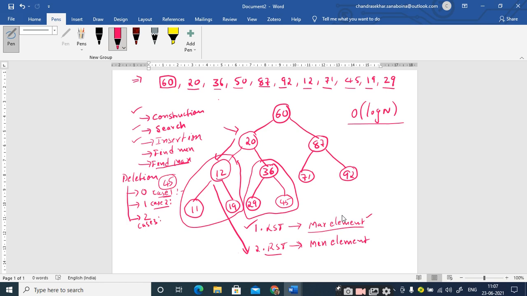When finding the maximum element from the left subtree, you should go one step towards the left child of 20, and from there find the deepest right node. That will be the maximum element of the left subtree. So what is the node that you can use for replacing 20 if you are considering the left subtree?